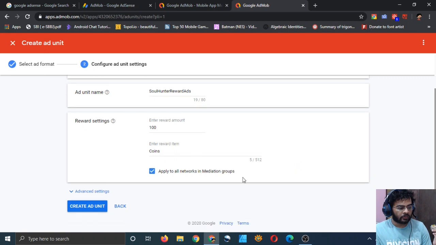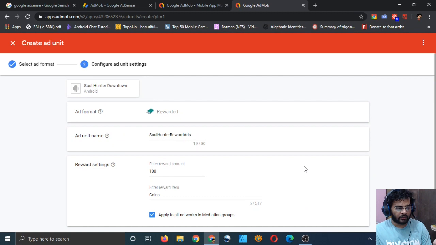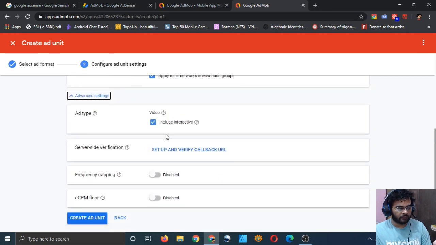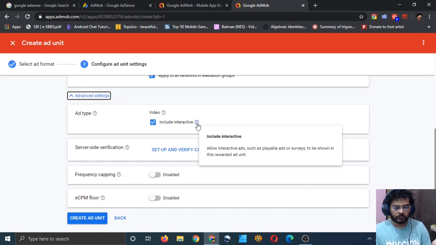So that's okay. You can apply to all networks in mediation group. You can keep it selected, keep it at default. Video include interactive. What does this mean? Allow interactive ads such as playable ads or surveys to be shown in this rewarded ad unit. Okay.